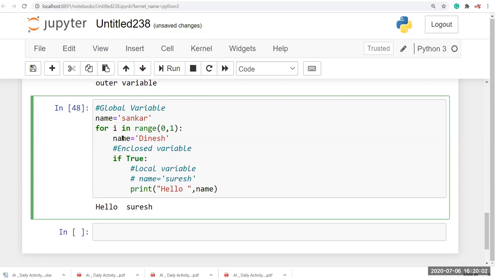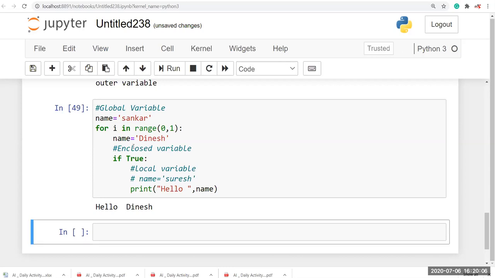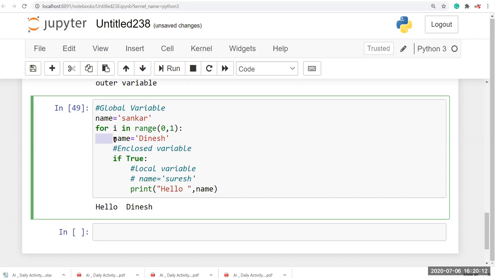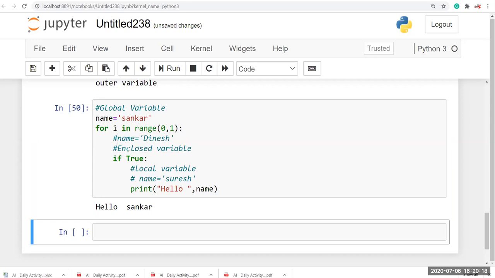So now we have the enclosed variable. I'm going to run this. So now it prints hello Dinesh. Okay. So after that, I'm going to make that a comment as well. So now you can see here hello Shankar.